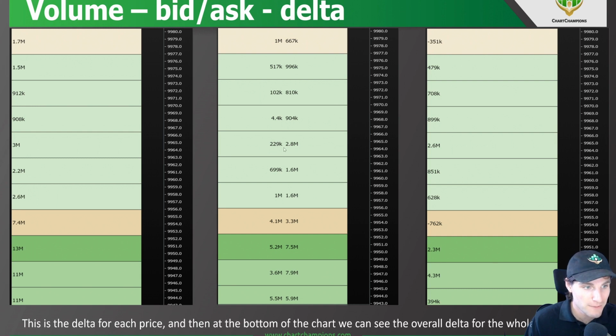Another example: you have 3 million volume at this price, and then you have 229,000 sold at market and 2.8 million bought at market. If we take the 2.8 million bought at market minus 229,000, it's averaging a little bit here, but nevertheless that gives us 2.6 million positive delta. Okay, so if we look at a negative delta,